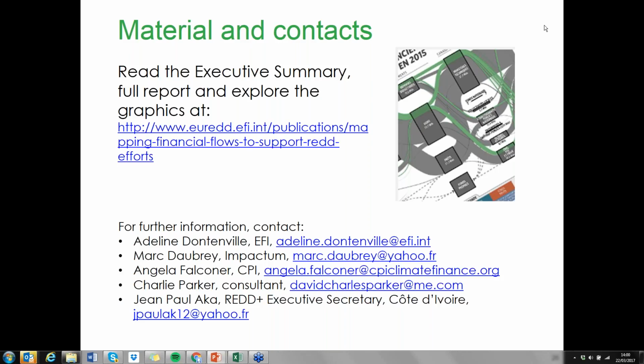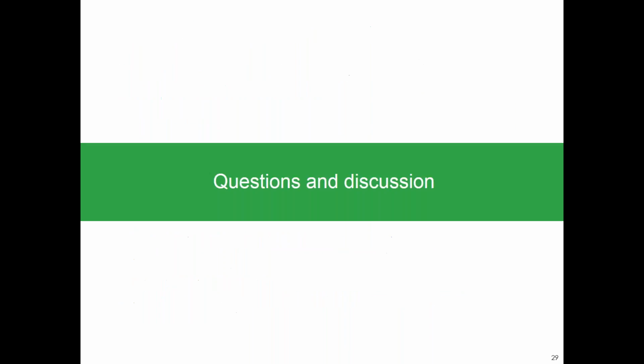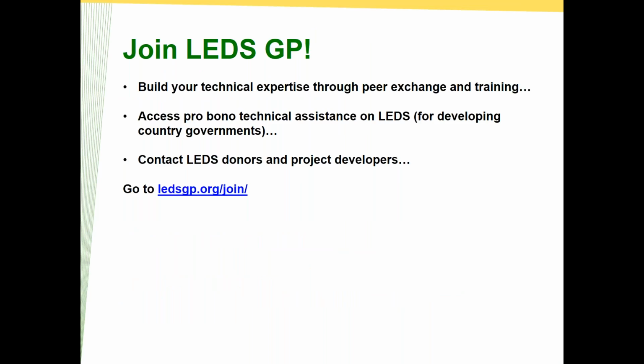On this last slide that you can see, there is more information available on the study. There's a nice executive summary on 2 pages, as well as a much longer report that gets into a lot of the details. Thank you everybody for listening in today, and also our excellent panel for sharing this important piece of work.